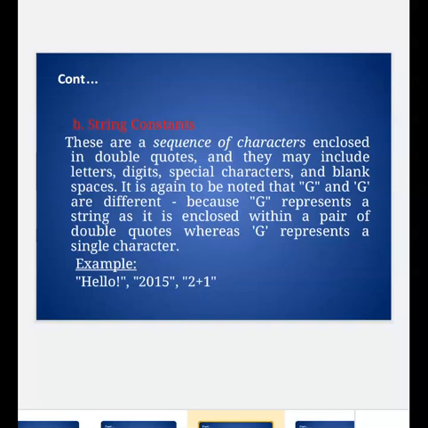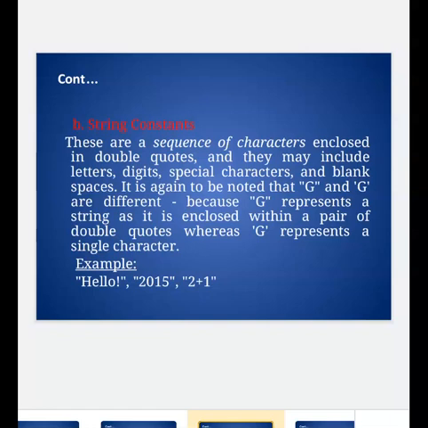It is again to be noted that a character given within a pair of double quotes is a string, whereas the same character given within a pair of single quotes is a single character constant.